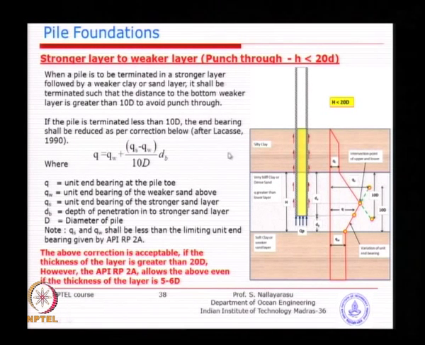If this layer is lesser and lesser, we should not consider the end bearing. That is the message that you are trying to get. We call it punch through effect, because many times what happens is you try to locate it there, but slight overloading on the structure will punch through during operation of the structure, and then you will fail the foundation. That happens many times. So, that is why you have to be a little bit careful there.